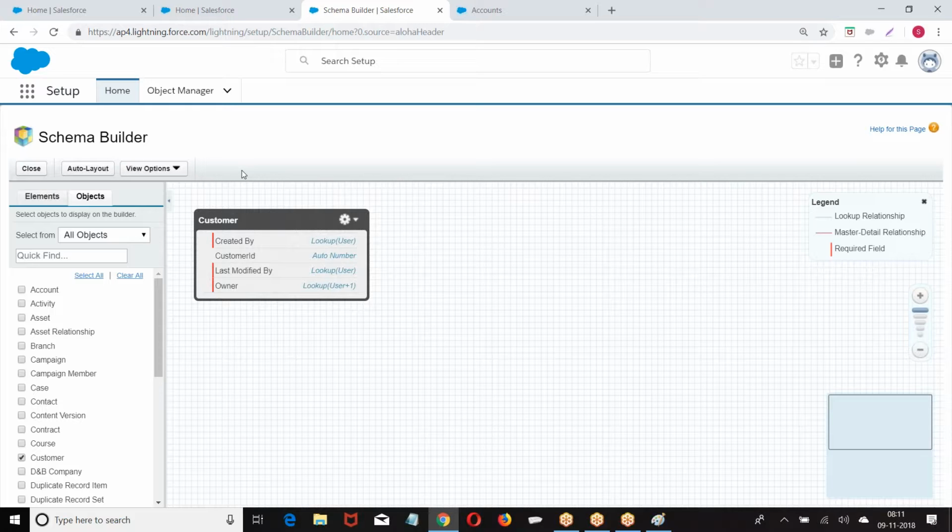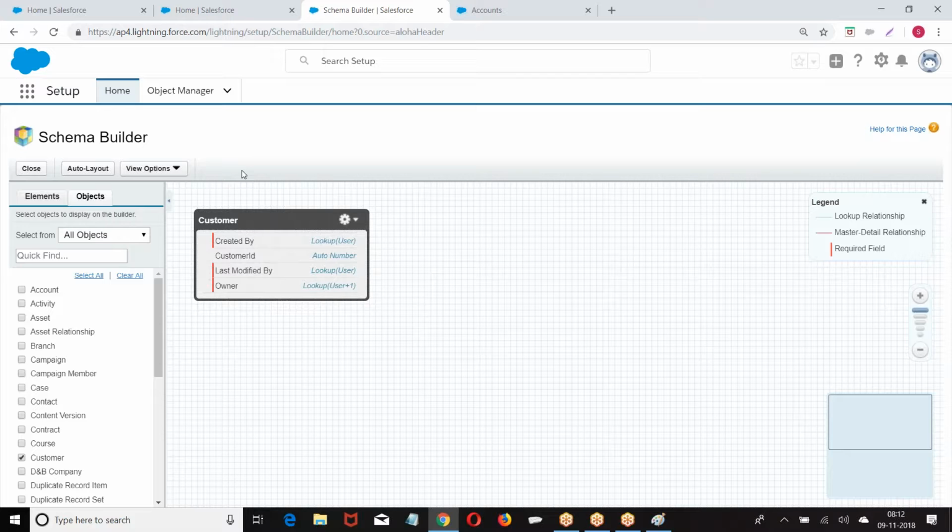Now the point is, which part of MVC do objects fall under? You have created an object. Which part of MVC is this object a part of? Model, view, controller. The database always falls under the model part of MVC. So the objects are created for storing the data. Any data we want to save in Salesforce is internally stored in objects only. That's why objects fall under the model part of MVC.